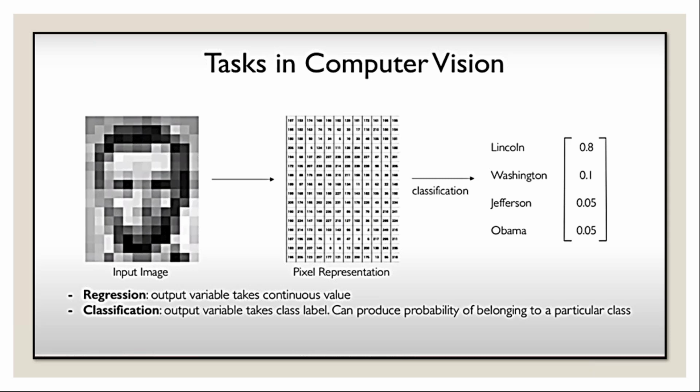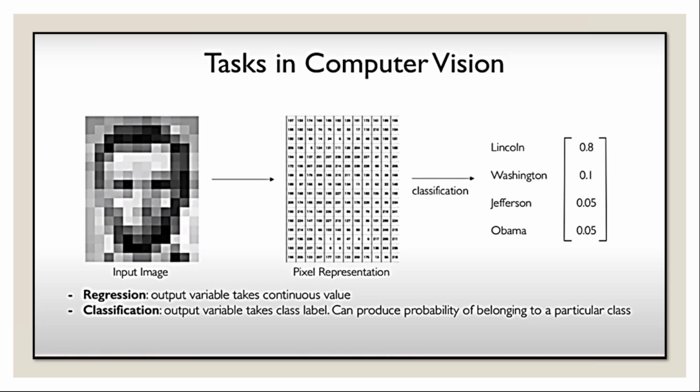Here one example is given. Here you are going to identify the face. In my data set, I have a collection of US presidents' faces, and I'm going to recognize whose face it is. That is my task in this problem. One image face is given, and you analyze it in your network. Finally, your network provides the output as probability values. The four different presidents in my data set are Lincoln, Washington, Jefferson, and Obama.